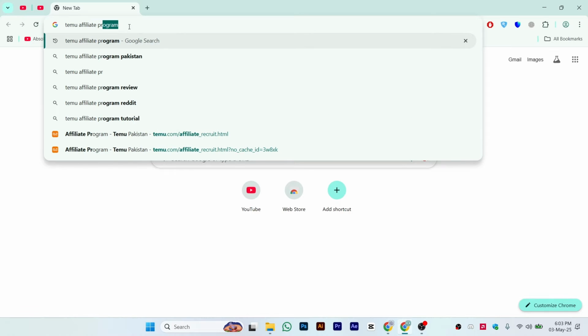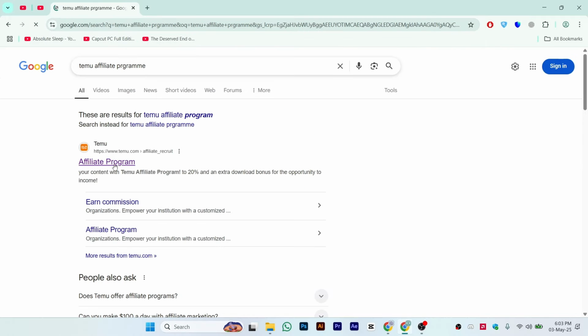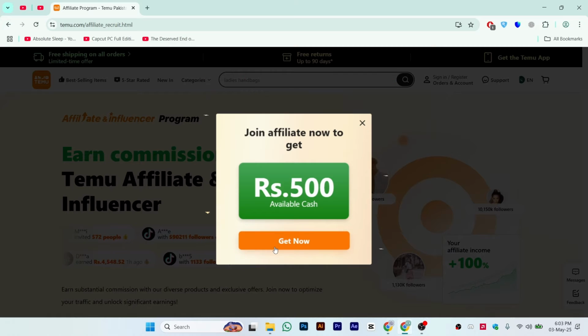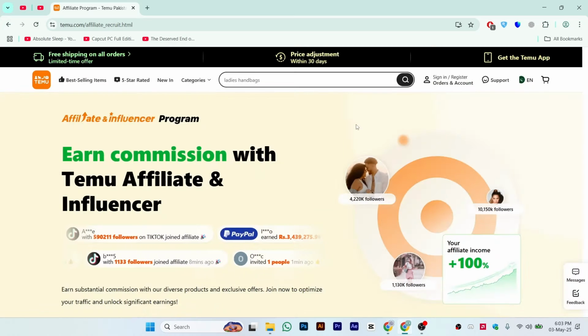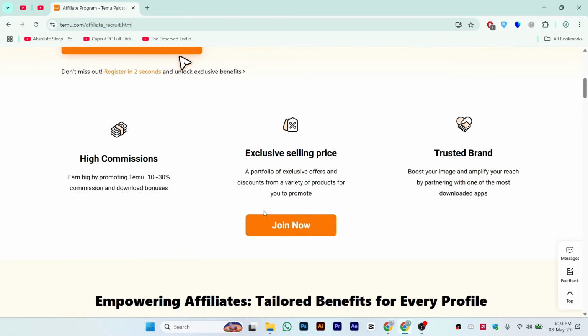affiliate program. And once you search Temu affiliate program, you will be seeing this first section called affiliate program of Temu. So make sure to open this section called affiliate program. And once you go to this section, you'll be seeing this kind of interface. So just click on get now or just cross it. And once you cross it, just simply scroll down and click on get started, or you can just click on